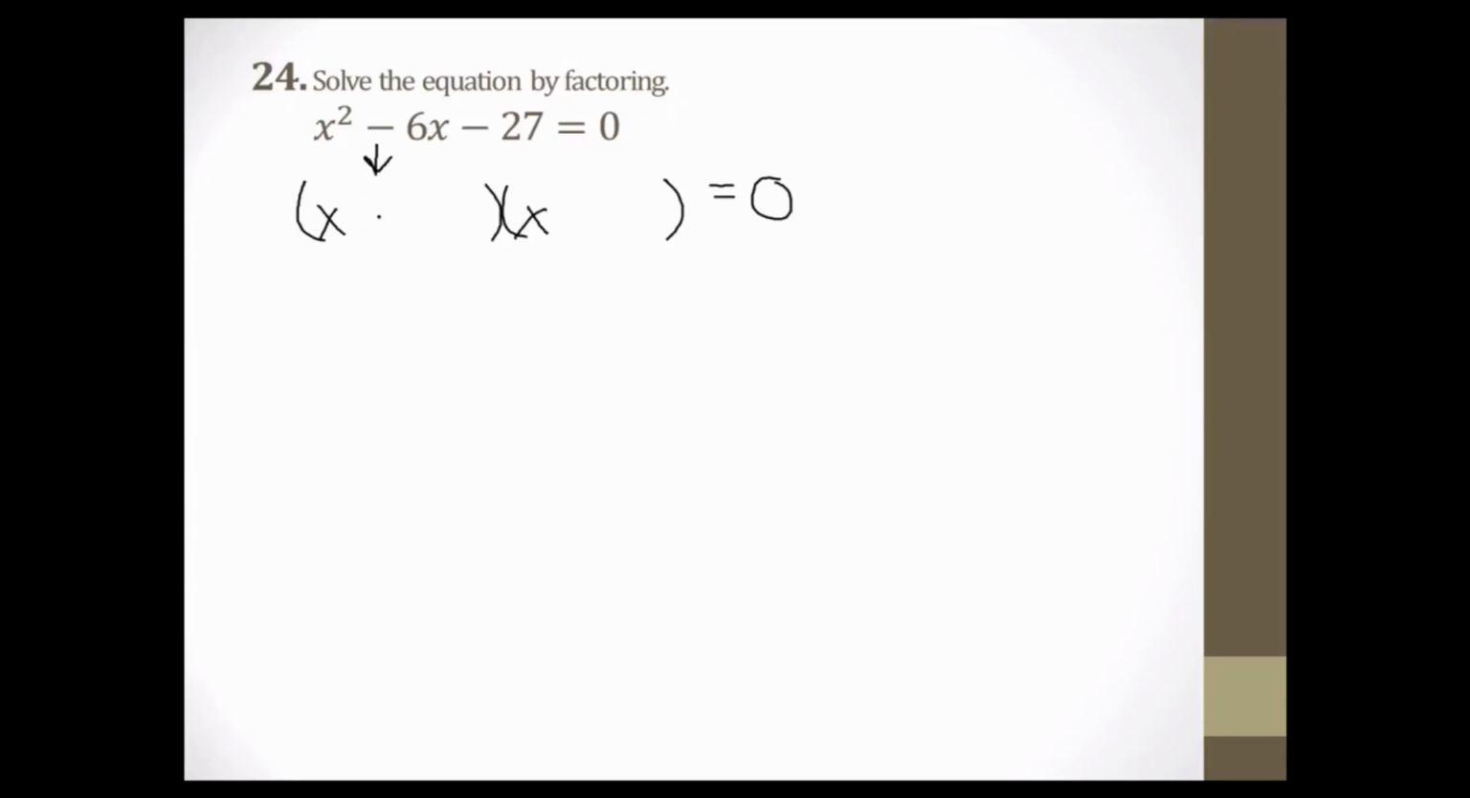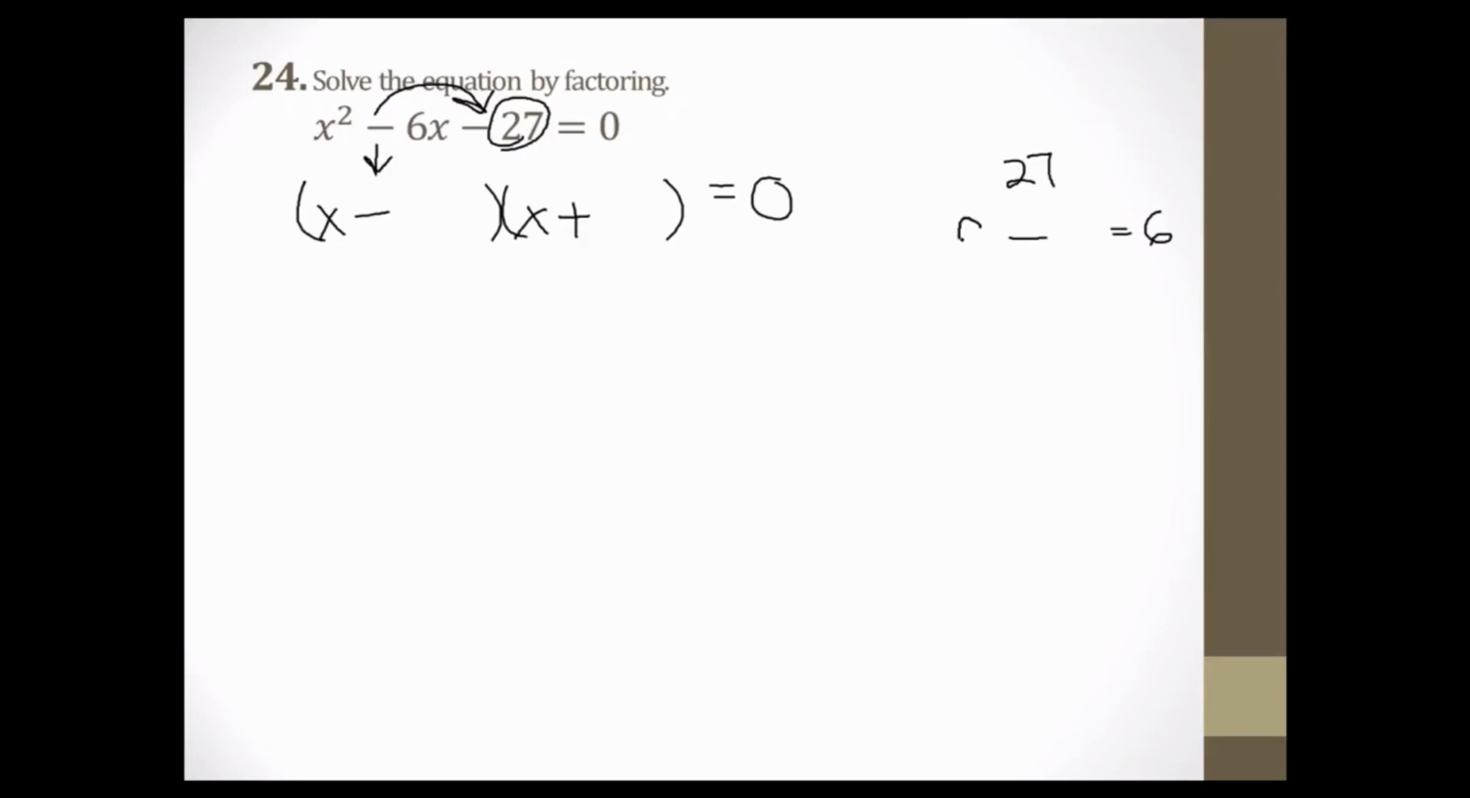bringing down the first sign, multiplying the two signs together to give you the second sign, so a negative times a negative is a positive, and then looking at the factors of the last number, which is 27, and when there are different signs inside these parentheses, the factors must subtract to give you the middle number, in this case 6. The factors of 27, there are not many,